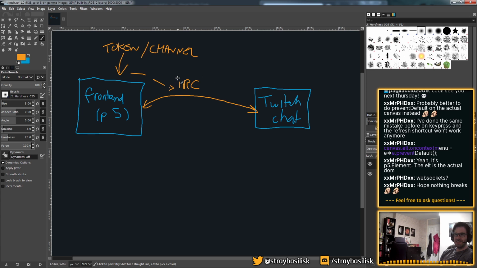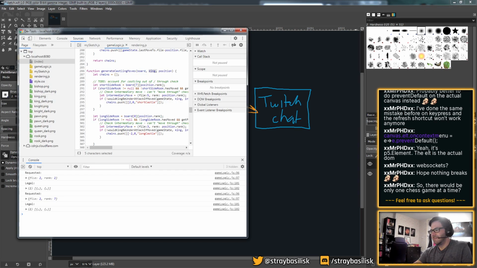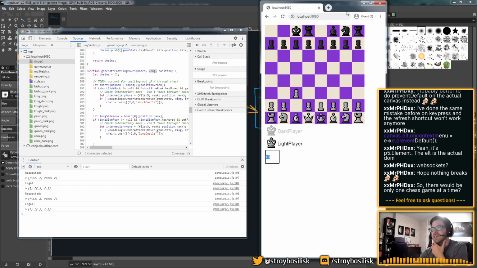But unfortunately, IRC is a kind of binary, low-level thing. No, so basically, the state of the game would be, there'd be one game at a time per Twitch streamer, right? Going on in their chat. But the actual game state would either be totally transient, just in the memory of JavaScript, or maybe it would go in local storage.